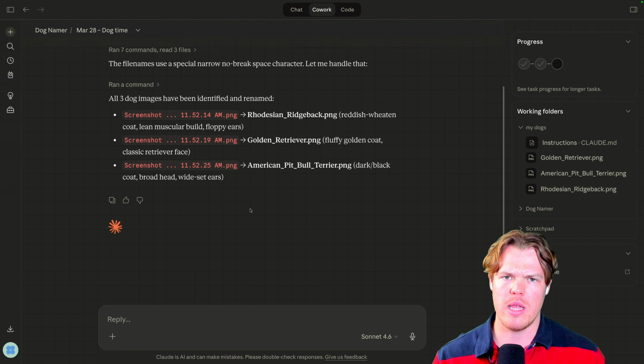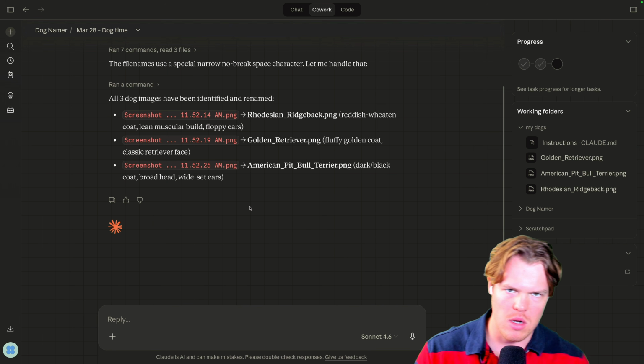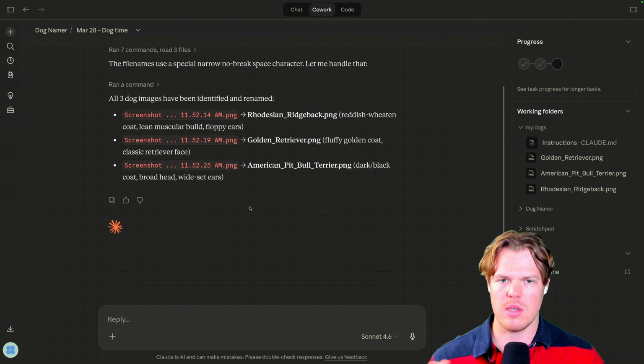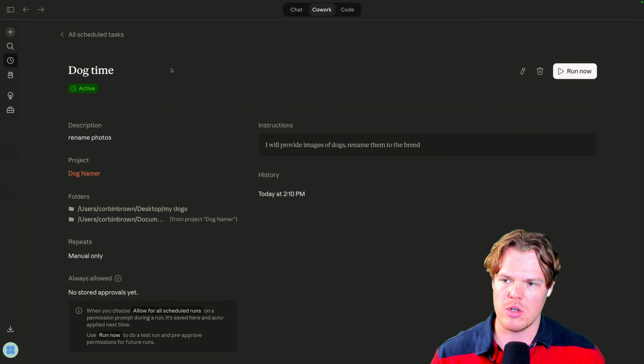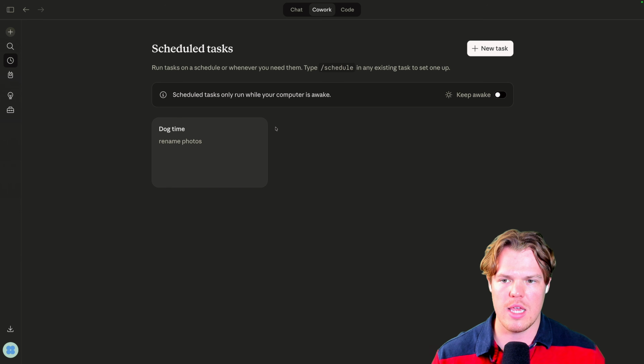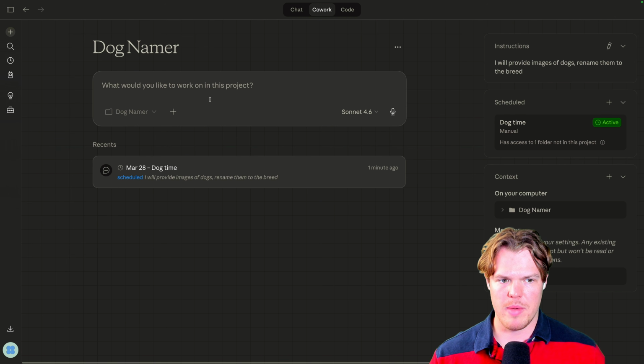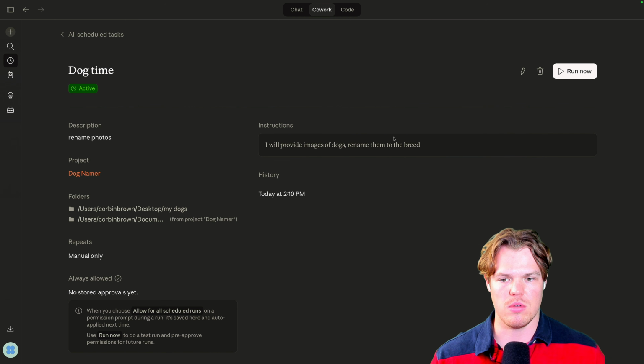So let's take this one layer higher. You might be like, Corbin, this is not that impressive. You know, I could have looked at that and known that was a pit bull. Okay, let me take it one layer higher. We're going to go back to our project here, and we are going to give it the ability to run a custom script. So coming back over here, what we can do in a scheduled task, for example, is I